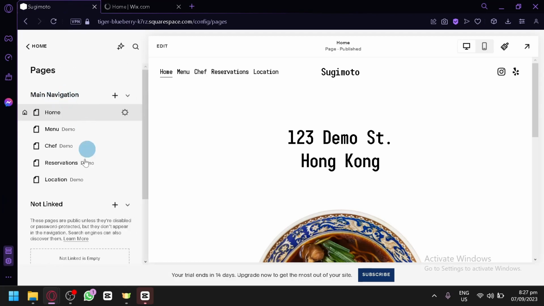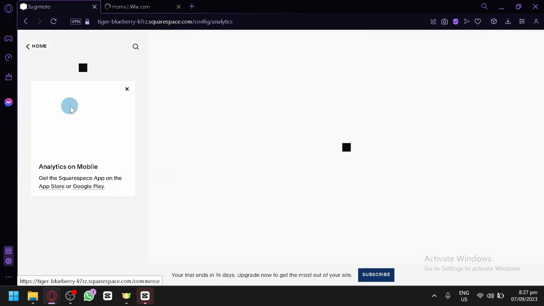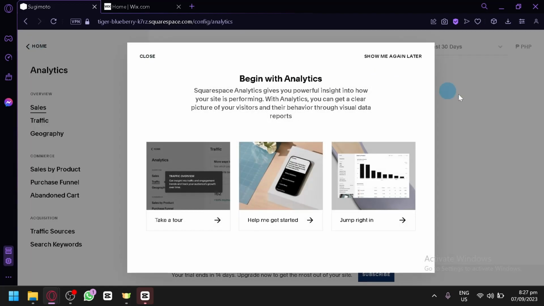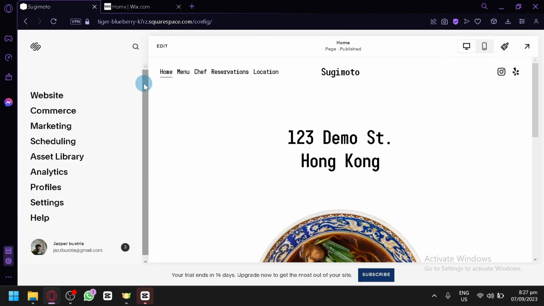For example, for the website, there we go. This is also part of the editing. But anyway, when you go back home, you can check out the analytics over here as well. There we go. Then you will be able to see a lot of information. To be honest, it's a bit confusing because everything is in one place. So it might be difficult, especially for a beginner, to navigate through everything at once because there is a lot